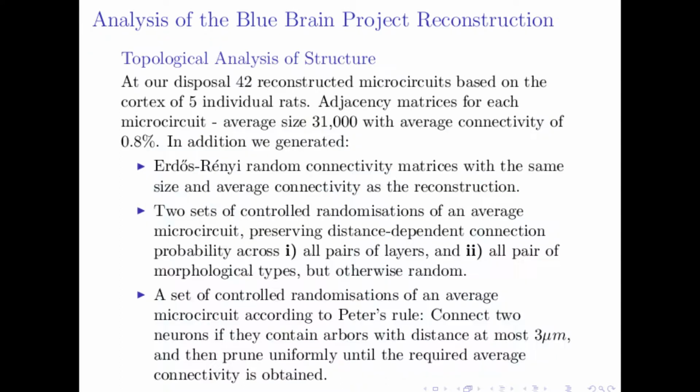Okay, so then we started working. We have 42 reconstructed microcircuits based on the data from 5 different rats. Each rat contributed its data and its life to the project. And the data was fed into the algorithm, which, as I said, is partly stochastic. And each rat generated 7 different